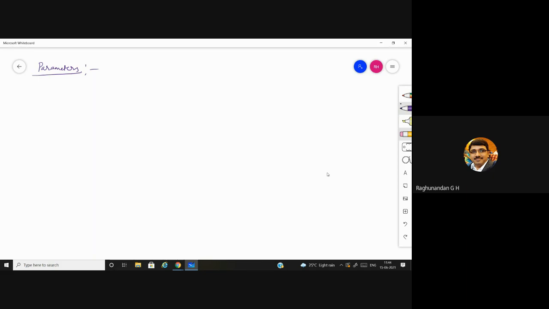There are around 7 to 8 parameters: input bias current and voltage gain, input impedance, output impedance, all those things. So all those parameters you need to define if they are going to ask, or sometimes they'll be asking specifically define the following A, B, C, D, like that. They'll be asking some parameter and you need to explain that. In these parameters, we need to remember two types of values. One is ideal values and other one is practical values.